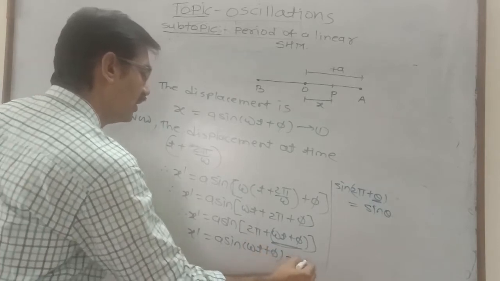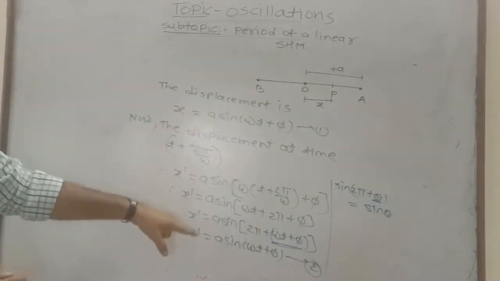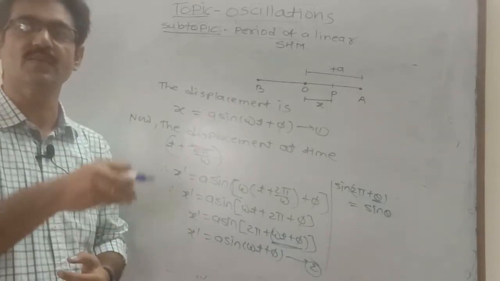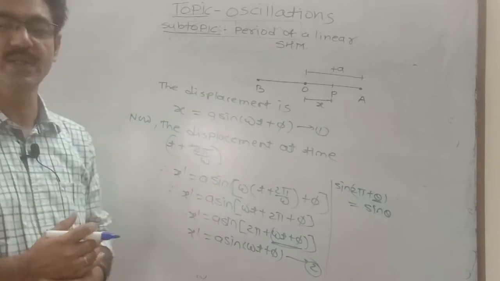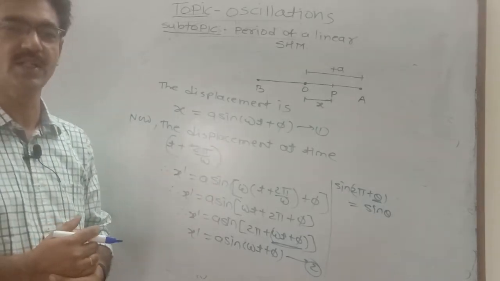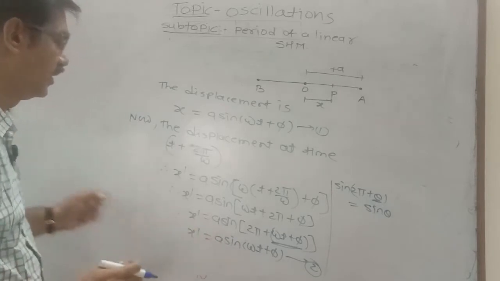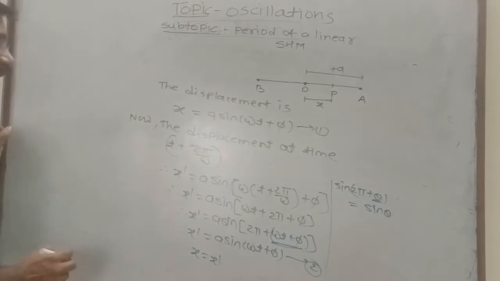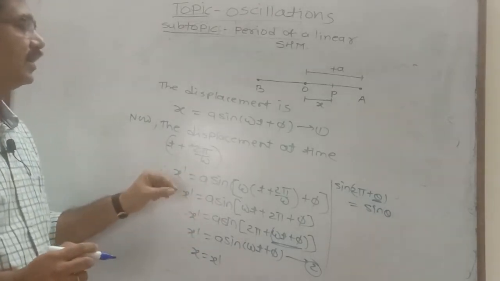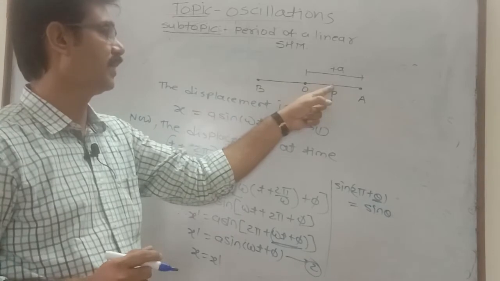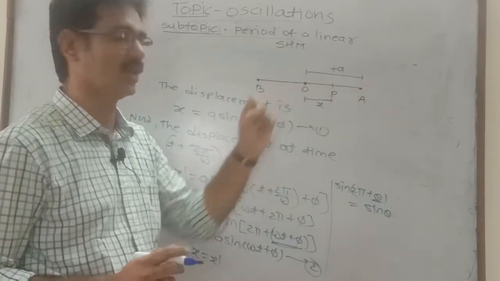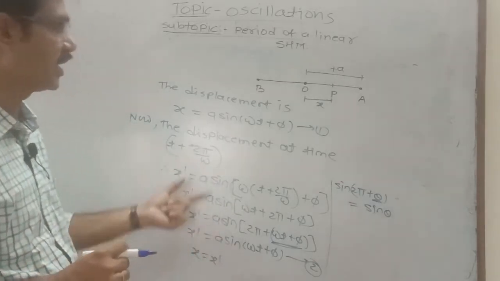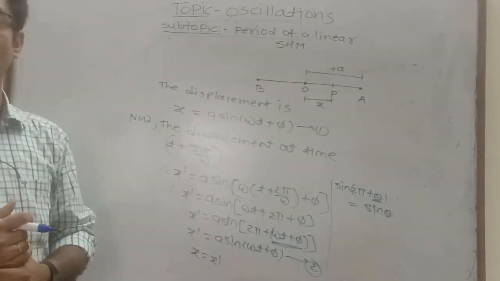From equations 1 and 2 it is observed that the particle is at the same position, in the same state of oscillation, meaning the displacement from the mean position is the same and the direction of motion is also the same. Therefore x = x', which means this is the minimum time in which it completes one oscillation and repeats its motion. Therefore, this time is nothing but the period of SHM,